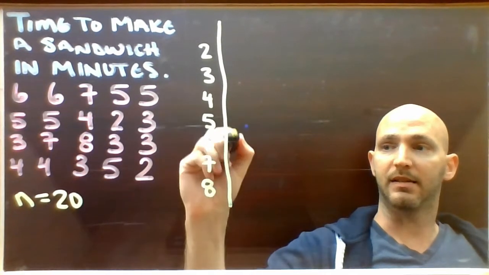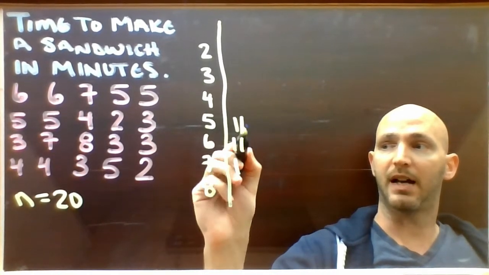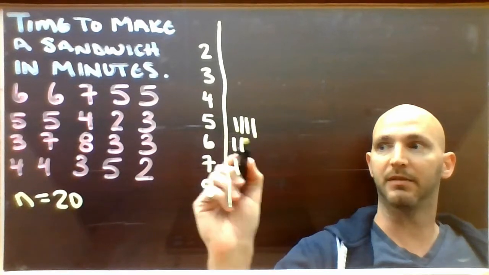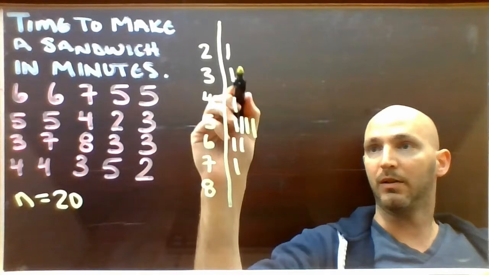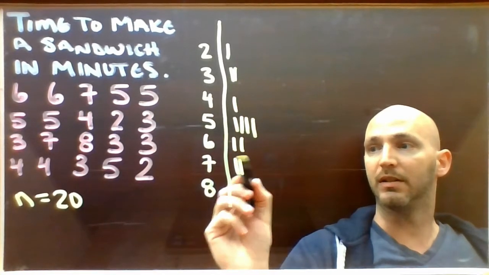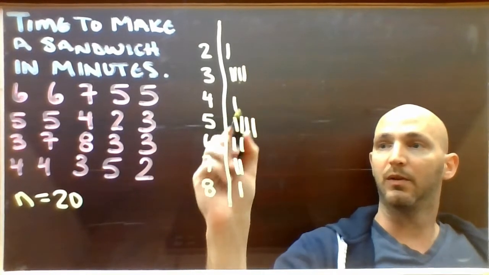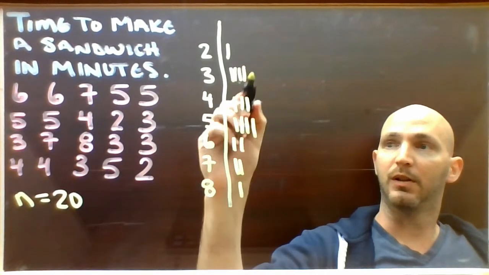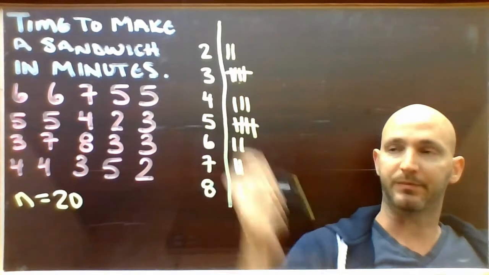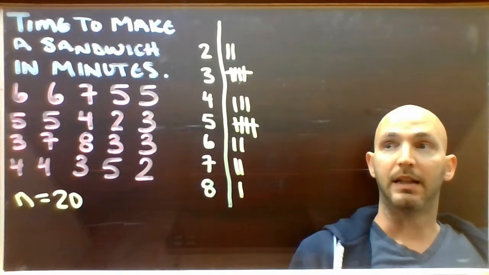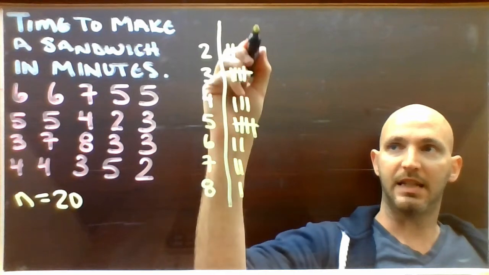I got a 6, another 6, a 7, 5, 5, 5, another 5, 4, 2, 3, 3, 7, 8, 3, 3, 4, 4, 3, 5, and a 2. All right. Now, if I were trying to do the average of this particular set, I could see here that I have